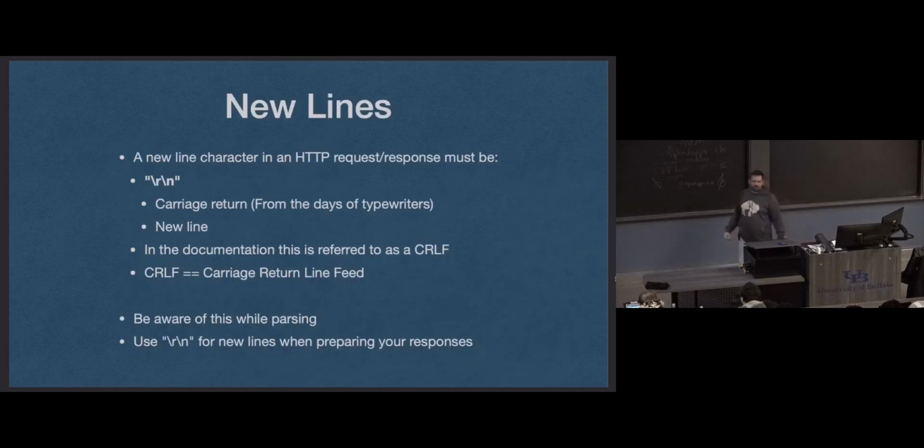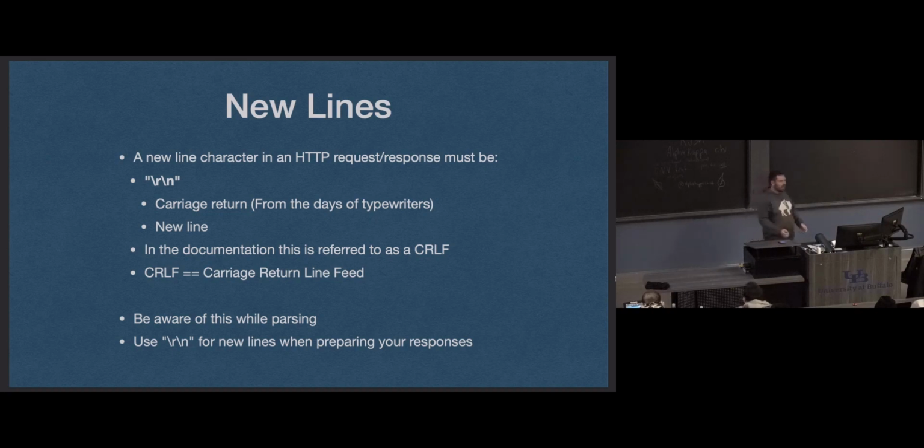New lines, as we saw in the example code, are /r/n. Is it annoying? Sure. Is it a fact of life? Yes. We have to live with it. This is just a fact of life. The HTTP protocol, this is how new line characters are encoded. Usually we don't like thinking about new line characters too much, but with HTTP we have to, because it's /r/n